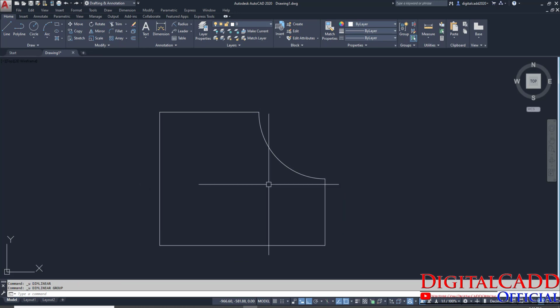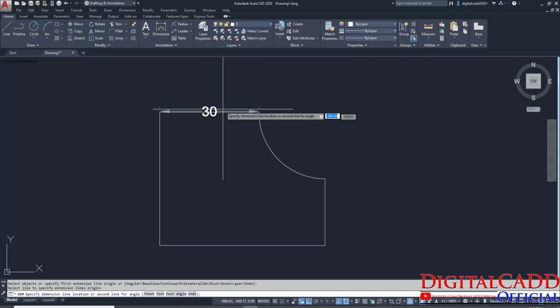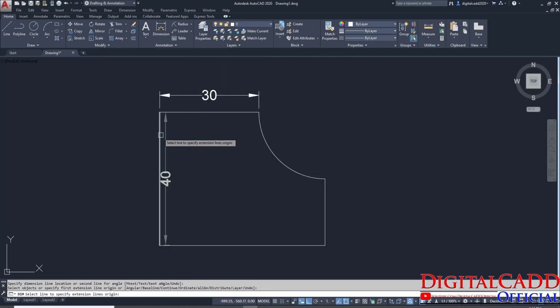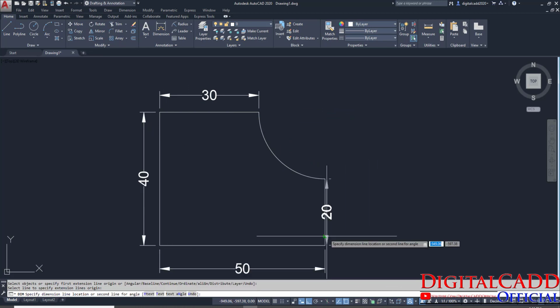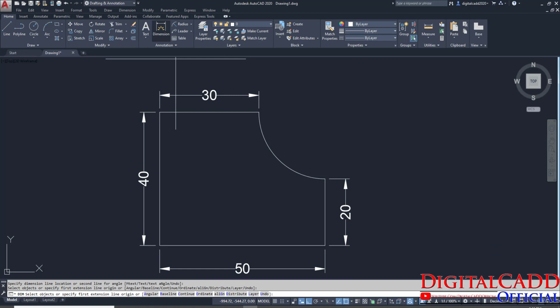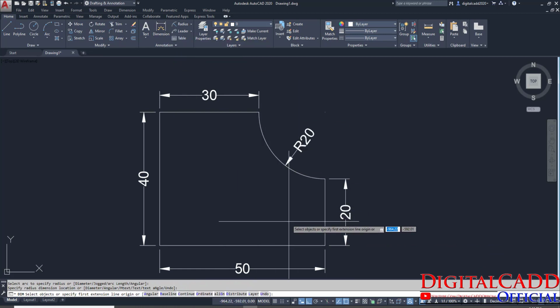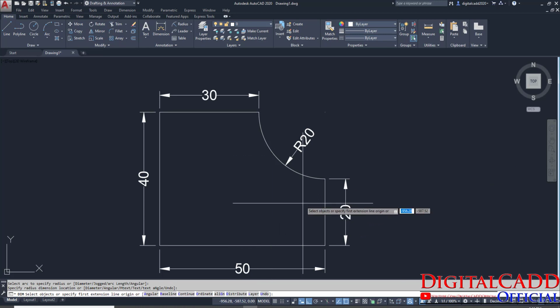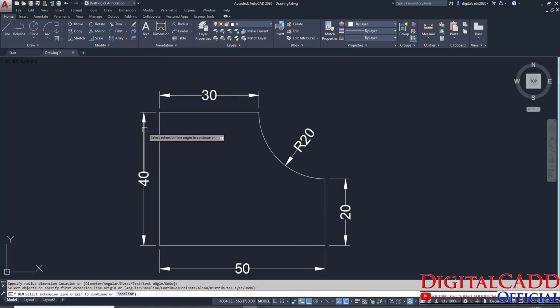Now I am going to apply the dimension using this dimension tool. Select here, enter. One second, you can see it works continuously. We don't have to press the space bar again and again. Just make this dimension tool once and you can see, that's it. So if you don't want to press space or enter again and again, then this is the best option for applying all types of dimensions.